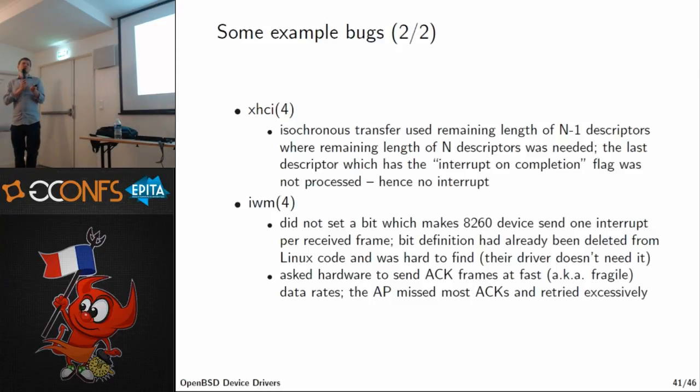And so eventually, the Intel engineer who was helping me a bit with this said, oh, look at this Linux commit from 2 or 3 years ago. You need to use that bit that we removed in that commit. And I don't think I'd ever have found this, because I was already looking at this for like a week and not figuring out why I can't receive any frames. So it's almost done. And then another IWM bug is not so important. It's just another thing where we told the hardware to do the wrong thing.